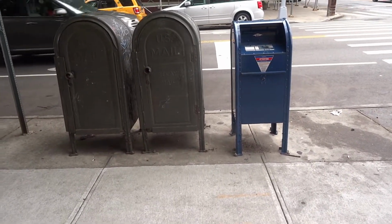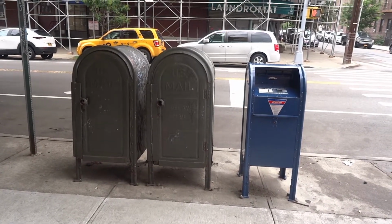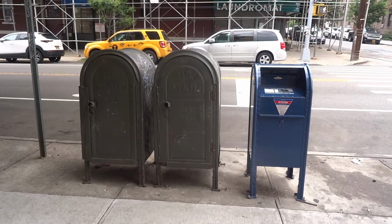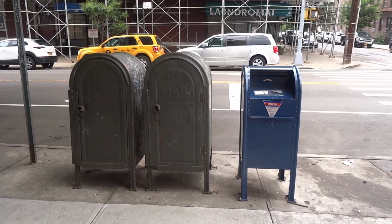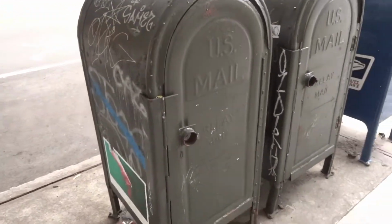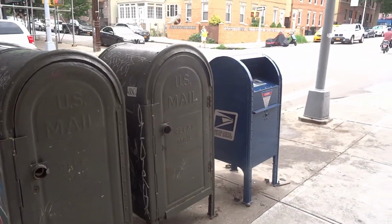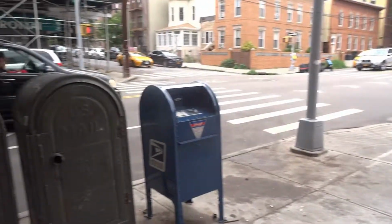that not only did he notice the dates, but that I think the date stamps before a certain year were convex or maybe just flat, and then dates after a certain year were... wait a minute, what's the difference between convex and concave? Concave means it's pressed in. Convex means it protrudes a little bit. So the year stamps on these boxes up to a certain year were concave,